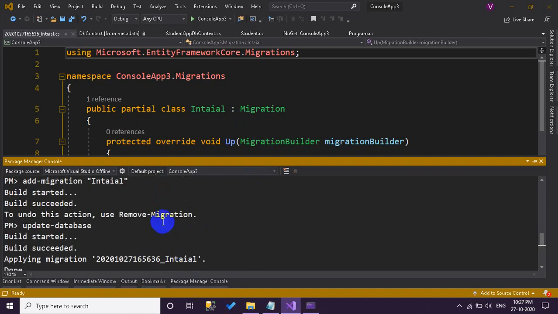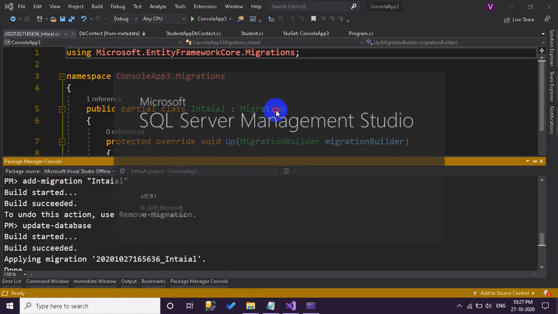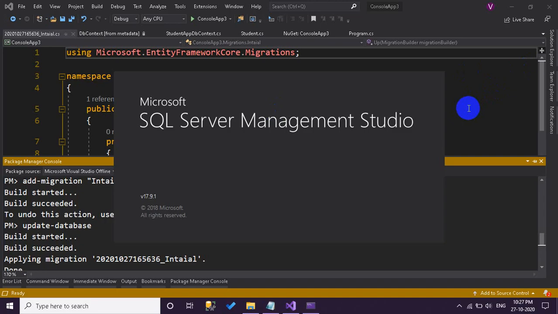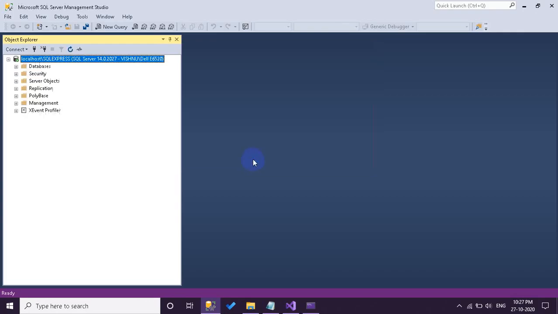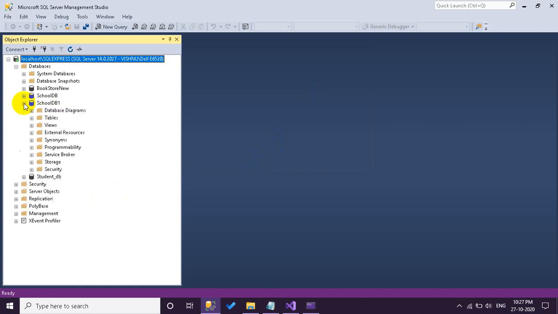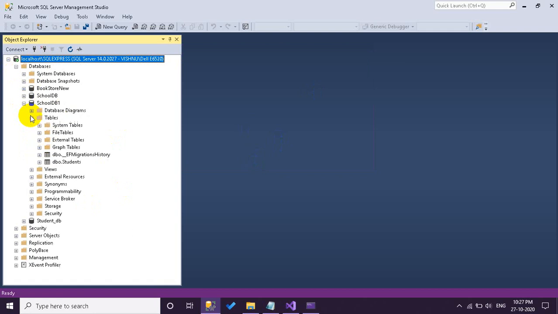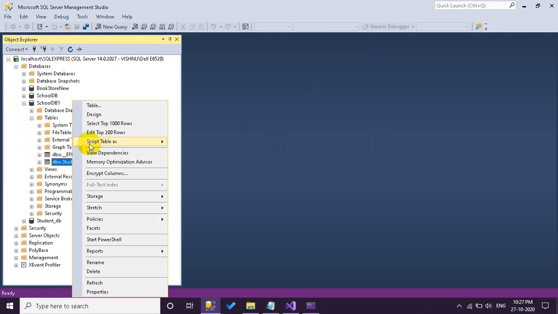Now let us open our SQL Server. Open our databases. You can see here SchoolDB1. Open it, and Tables. Inside that you can see Students. A new table is created.